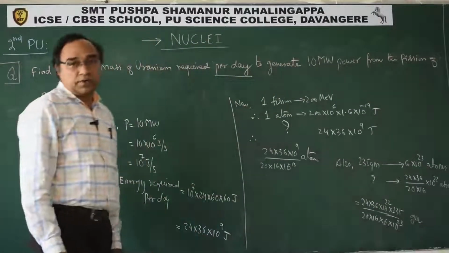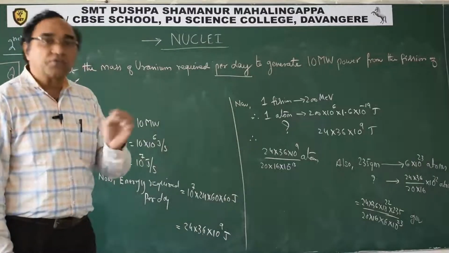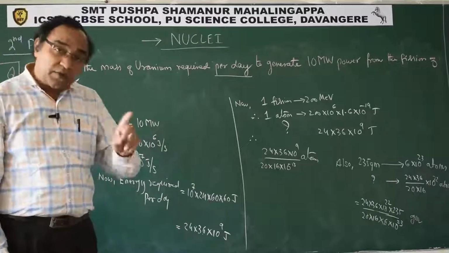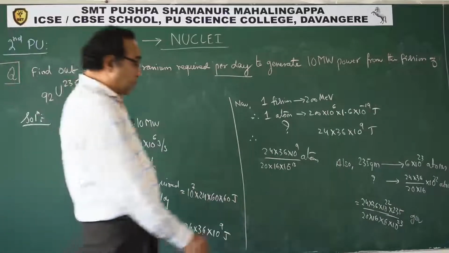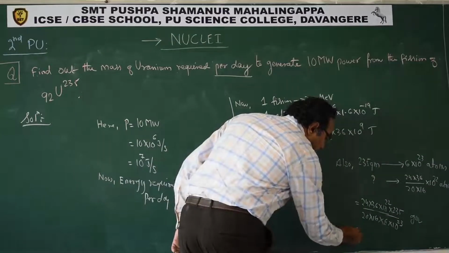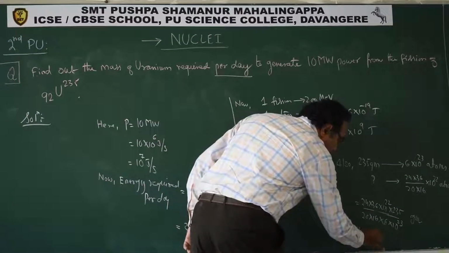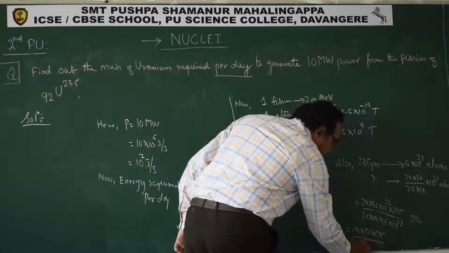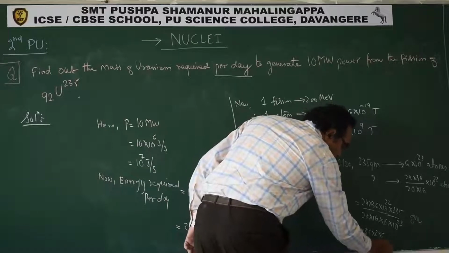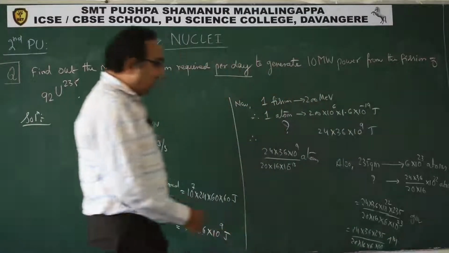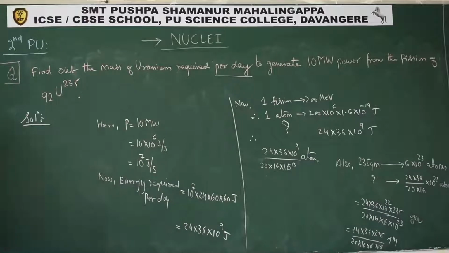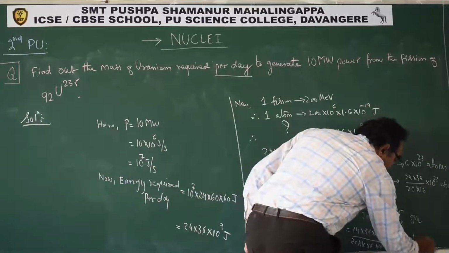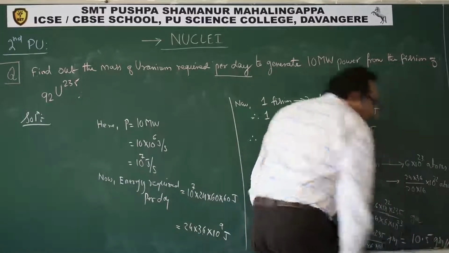So of course the calculation is a bit tedious, but that is not the issue. See whether the question is difficult or easy. Calculation is tedious, you can always approximate this. See, we get this as 24 × 36 × 235 upon 20 × 16 × 6 × 10. This you can write in grams. So if we simplify this, what do we get? We will get something like 10.5 grams. This is 10.5 gram.